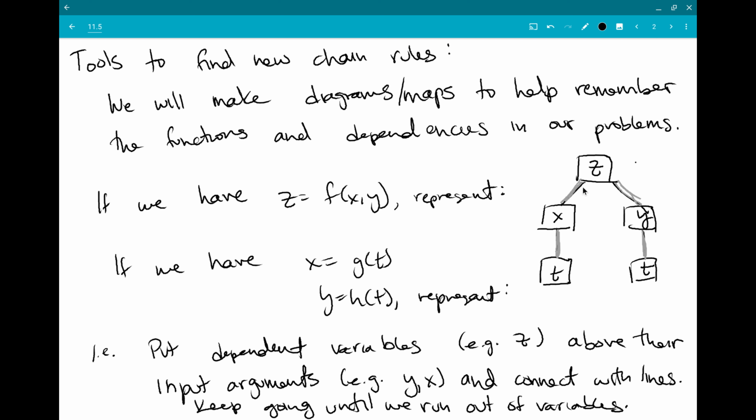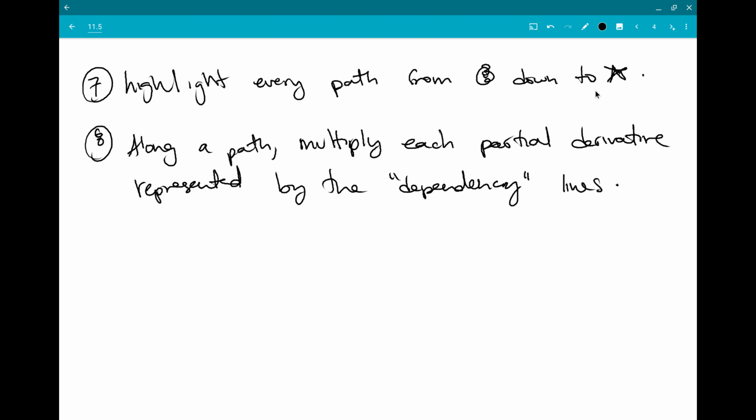So again, going back to here, I have a line that shows z depends on x. So that partial derivative would be dz dx. And here I have x depends on t, so that one would be dx dt. So at the end of my path, I'm going to multiply everything together, dz dx times dx dt. And this should look like your regular chain rule that kind of cancels out derivatives. Multiply each partial derivative represented by the dependency line. Okay, and then